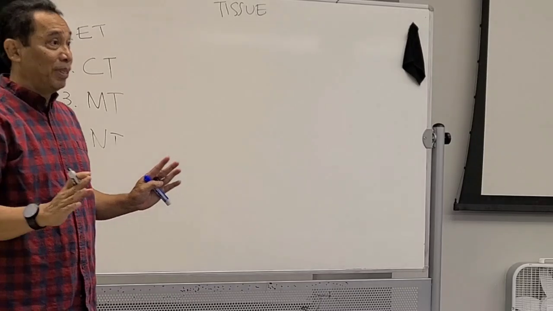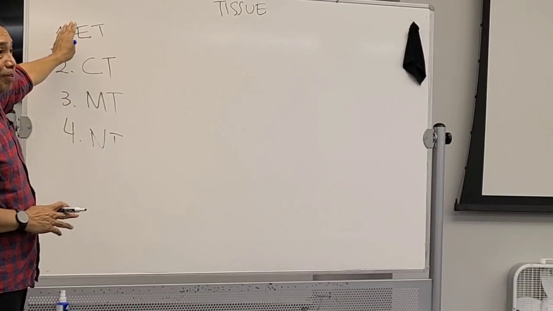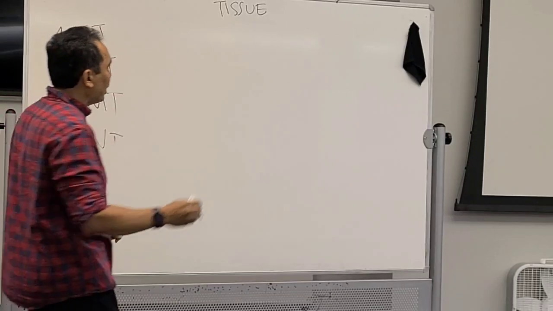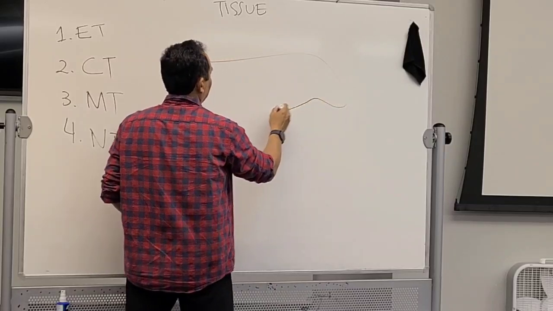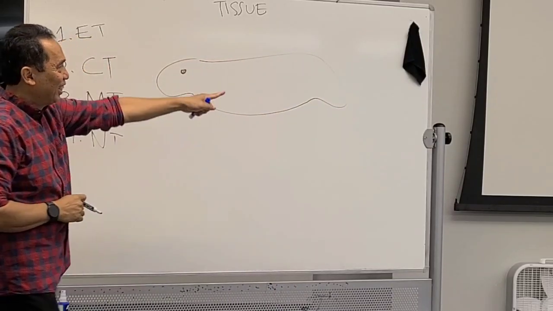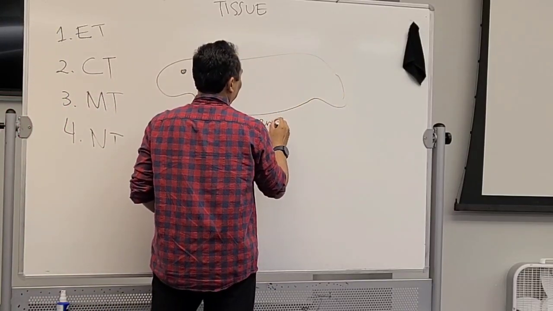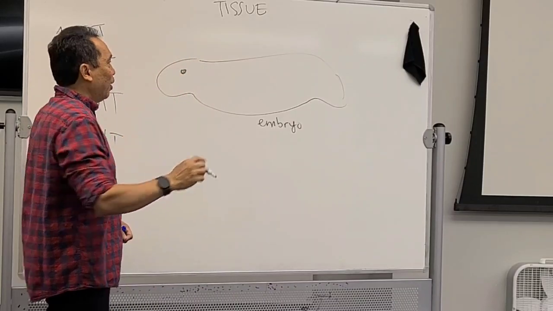Now, we're gonna learn where this tissue is coming from during our embryonic development. Let's say this is us inside our mom. Let's say this is the head. This is the tail over there, right? So this is the embryo, right? Okay, embryo. Right? When you cut this